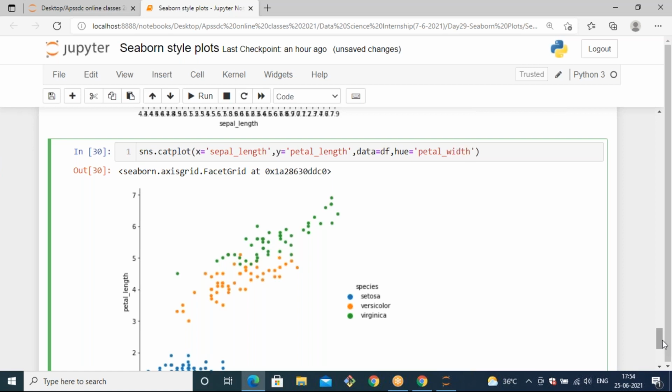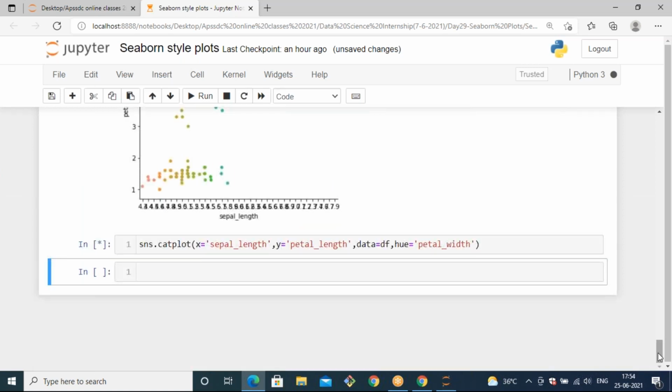Petal width has 150 values, so it will generate a value for every petal width value, and that should be pointed out in the plot also. It will take time to generate.